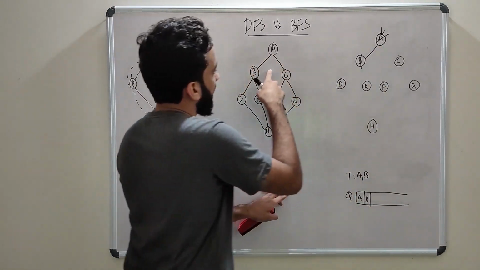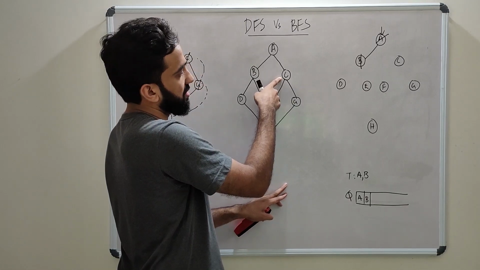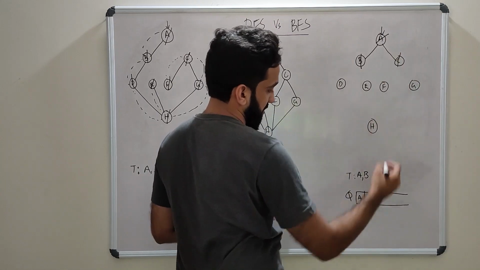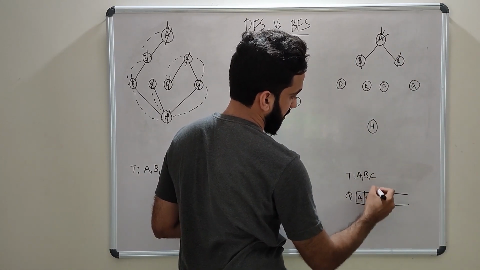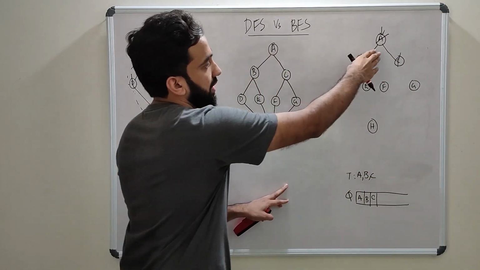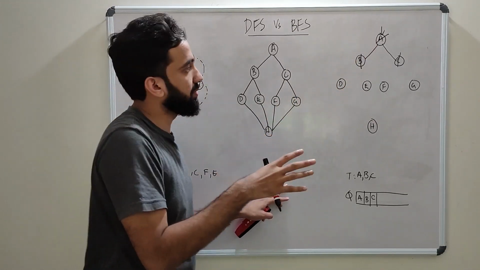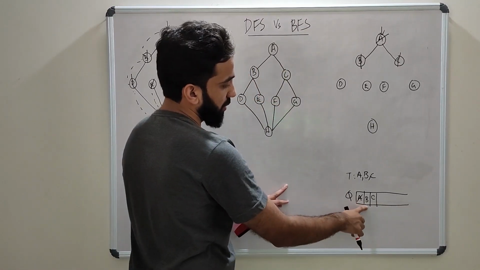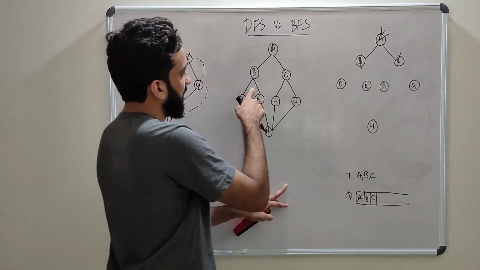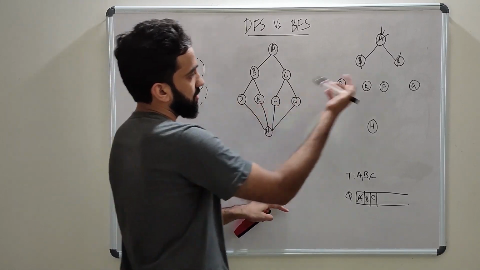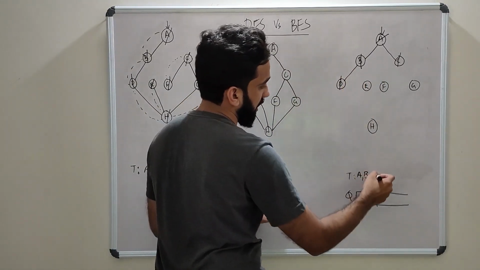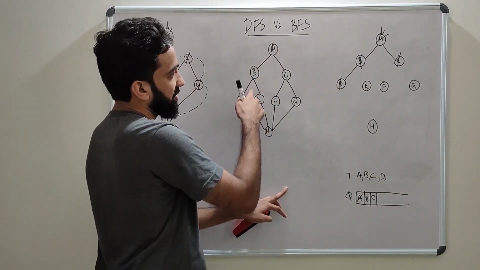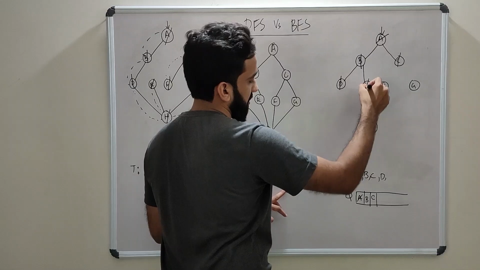So for A, there is one more node which is not completely visited, but that is C. So we'll go to C. We'll mark C as visited. We'll add C. So all the nodes of A are visited. There are no nodes which are not visited for A. So we'll mark A here. Now we have to explore B. For B, we know that we have D and E. So go to D. So I'll mark D as visited. I'll add D here. So one more node is there for B which is not visited, that is E. So we'll mark E as visited. We'll add E here.